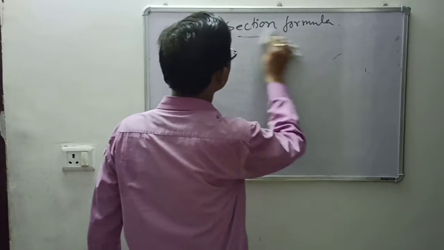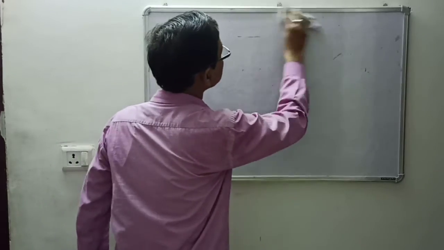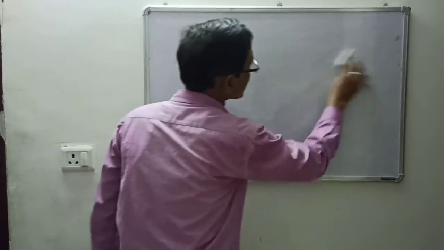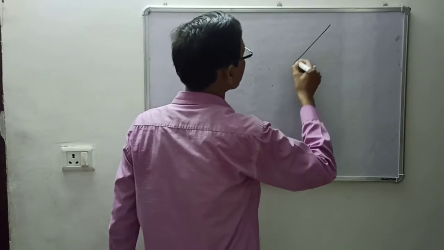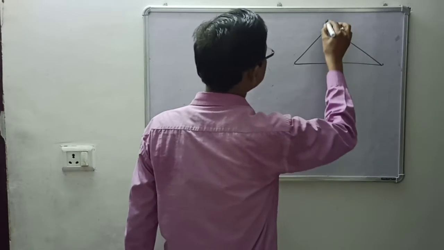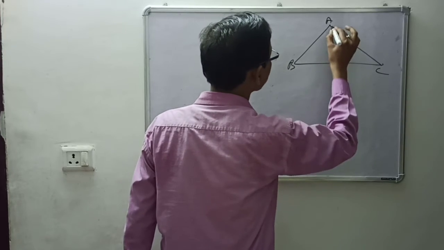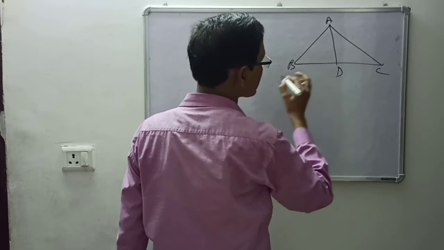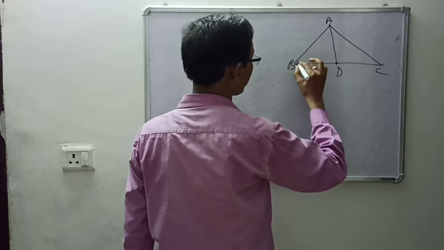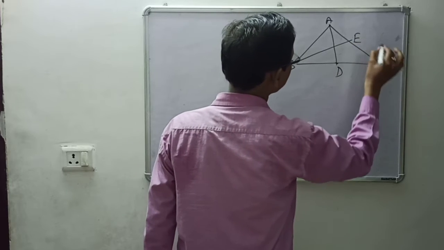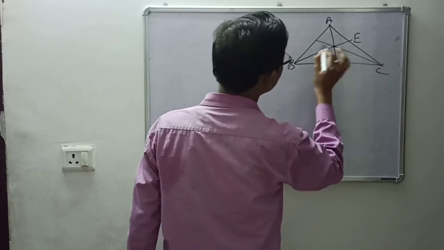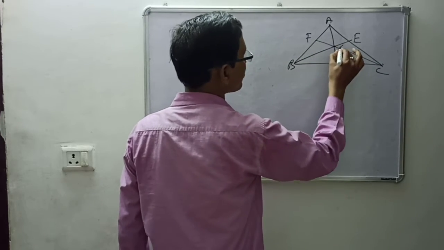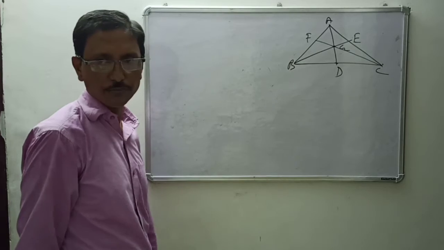Centroid is what? Centroid, you know, the point of intersection of 3 medians. The centroid of a triangle means we know that is the point of intersection of 3 medians. Suppose AD is the median, D is the midpoint. BE is another median and CF the third median also will pass through this point. Means these are the concurrent lines. This is known as the centroid.